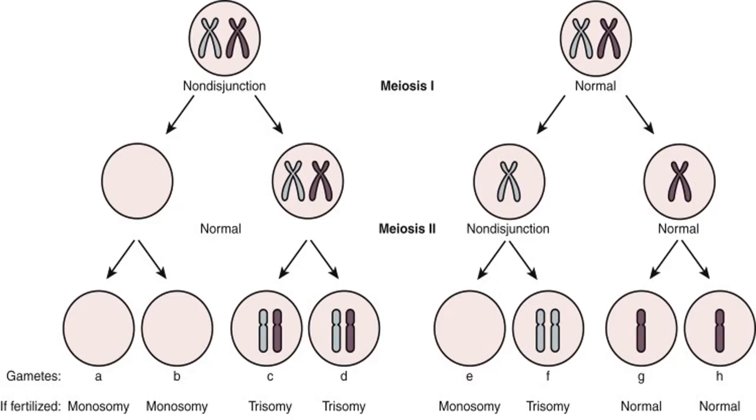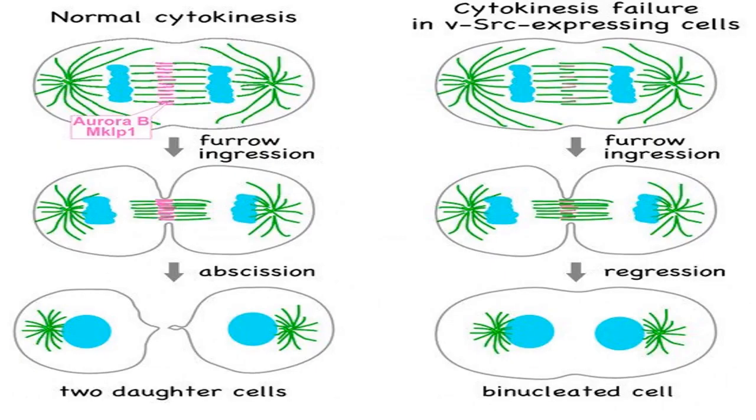Now what about polyploidy? How does polyploidy occur? Polyploidy means one or more complete sets of chromosomes are added. Here you can see what normally happens after nucleus division. This nucleus is dividing, and after nucleus division the cytoplasm also divides. After cytoplasm division, these two cells are formed having one nucleus each, and the chromosome number is maintained.